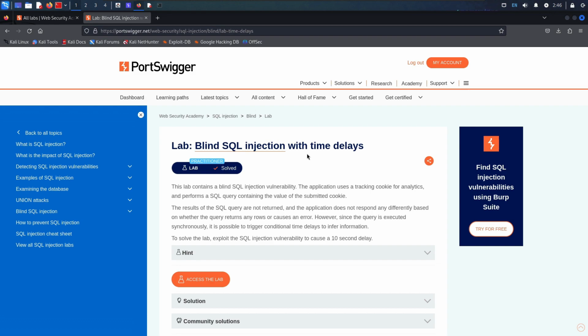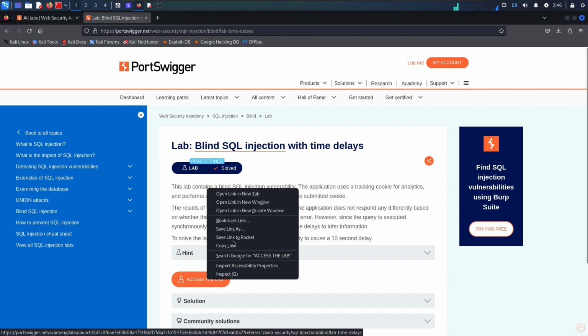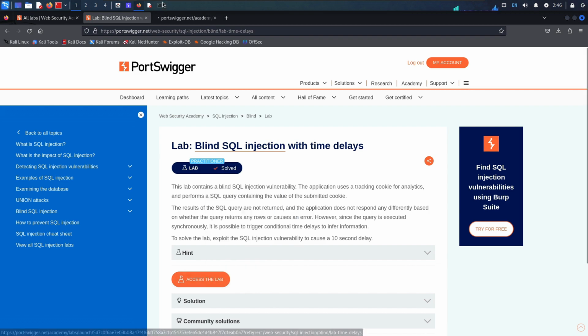Our basic goal is that we need to find this vulnerability and then trigger it. Remember what we are going to do: we will use a time delay command on the server in order to sleep the server, causing a delay of 10 seconds or 30 seconds or whatever you call it. So let's access the lab, and after accessing the lab,